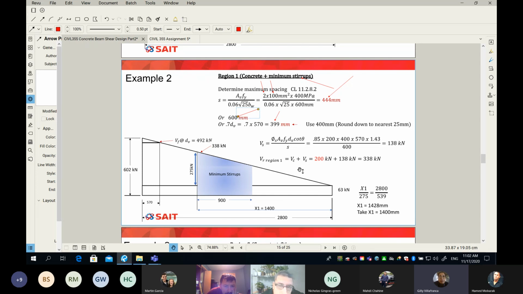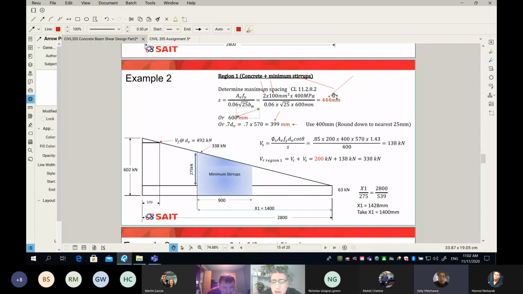The 444, because that's the maximum. Okay, so I'm going to go with the Gord. The Gord is saying use 444. If I use 444, am I meeting this requirement? No. Okay, so it looks like you will estimate 3 numbers and pick the minimum, because the minimum meets all